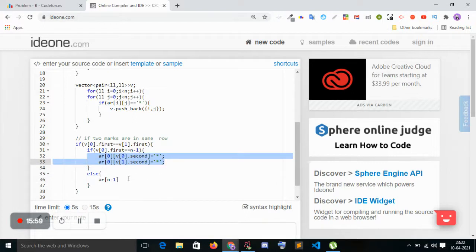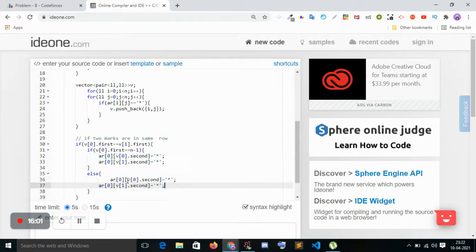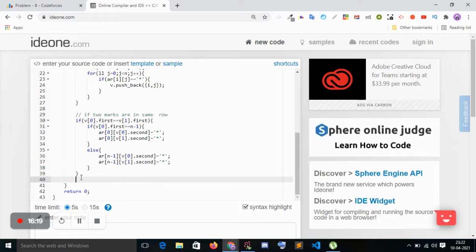Just copy the code and put 0 to n minus 1. So the same row condition is over, and let's try the else conditions.